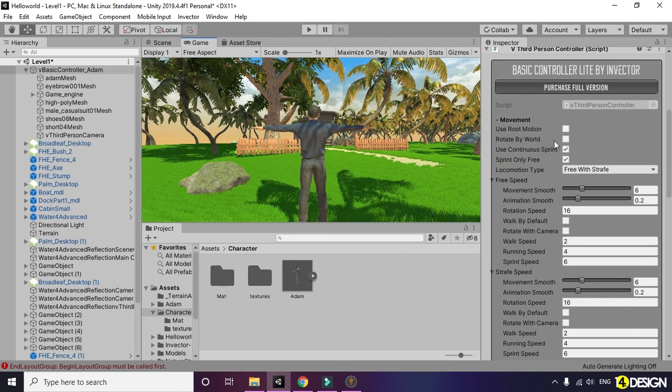Let's uncheck the continuous sprint and sprint free only. Let's change the locomotion to only strafe, and this is fine. Let's check walk by default on both strafe and movement. Let's save it. Also go to the third person camera